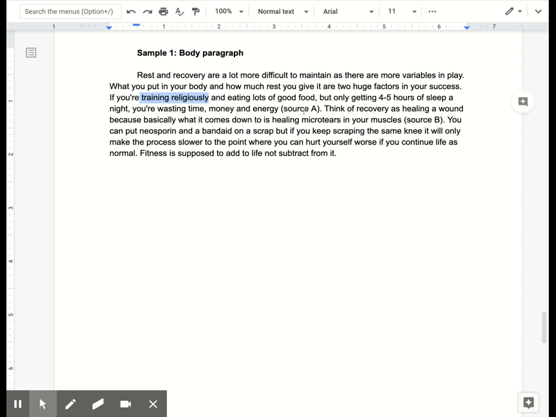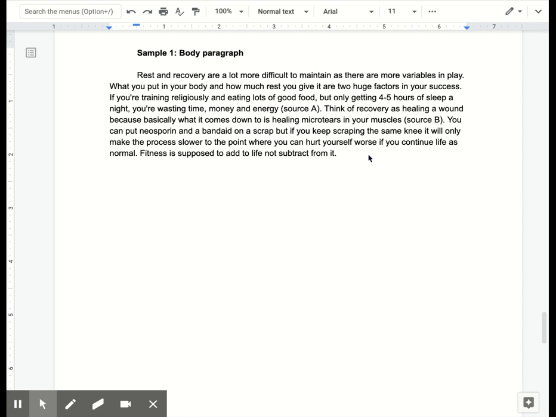Now, we've got our sources here, and they are labeled, and that is great. We've used two of them. However, in some circumstances, it might be useful for us to know what the source is, not necessarily all the time. So if you're using the source to just give us a basic piece of information that if you looked it up basically anywhere, I don't think you need to really reference it very much. But if your source takes a viewpoint or it has a very specific statistic or something like that, you might want to say, in source B, so-and-so says whatever,